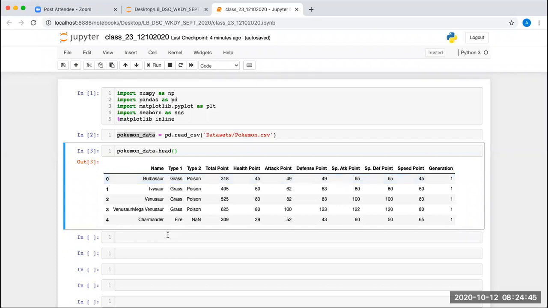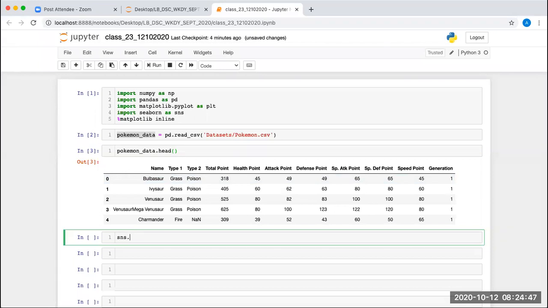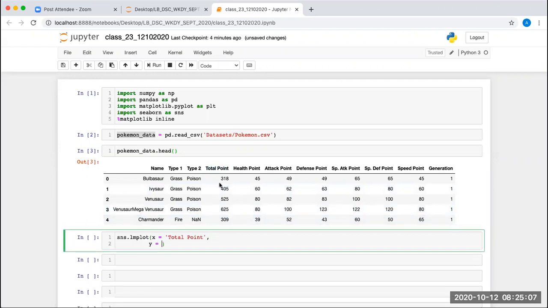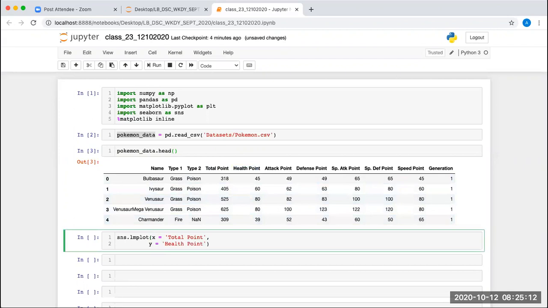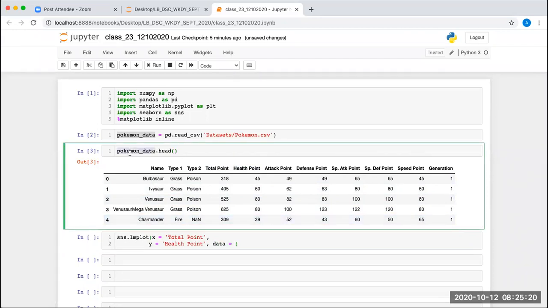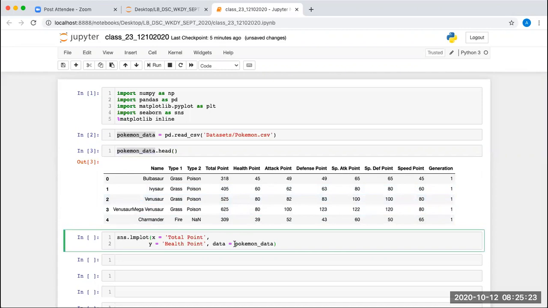So we use sns.lmplot, with total point on the x-axis and health point on the y-axis, and the data is the Pokemon data. Now let's visualize it.